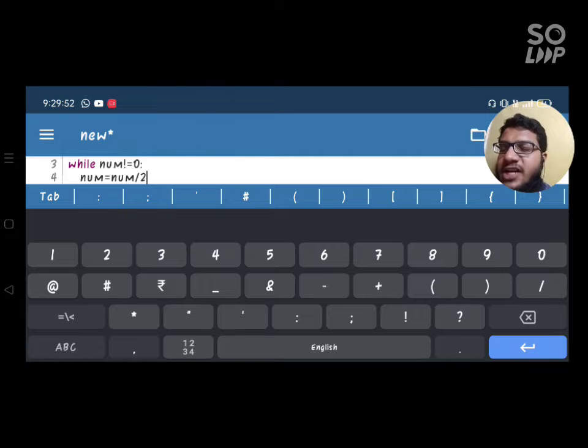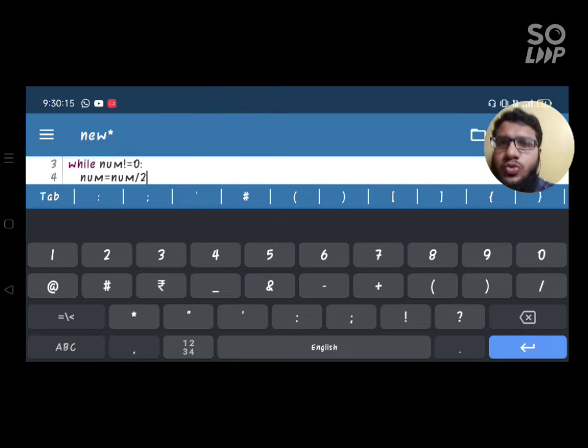So here I have made the variable num, and that num variable will store the value whichever the user has inputted. Say for example the user has entered 10 as a decimal number, so here 10 will be stored and 10 will be divided by 2.